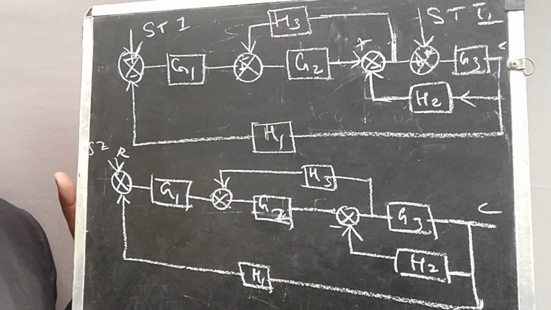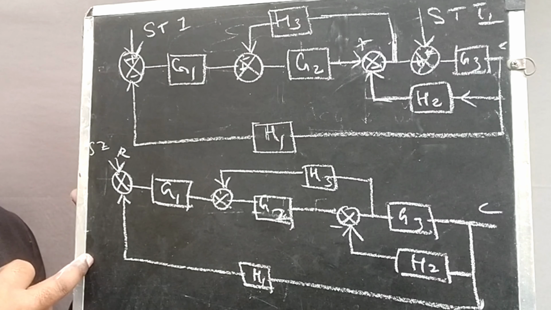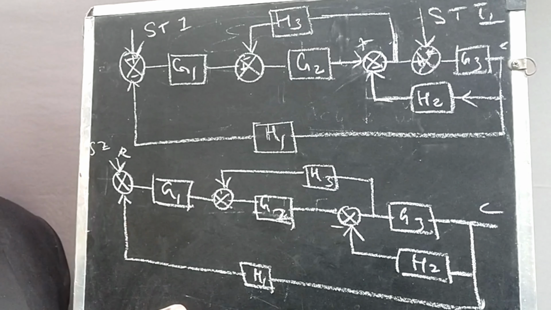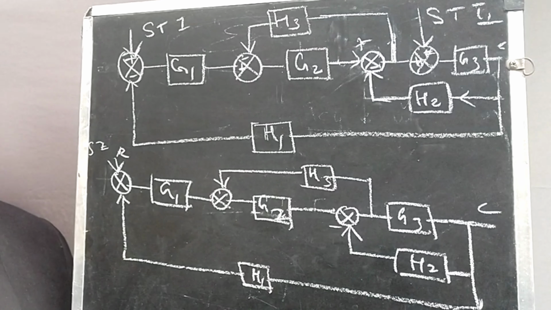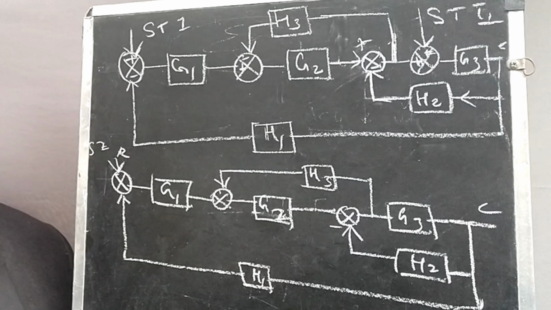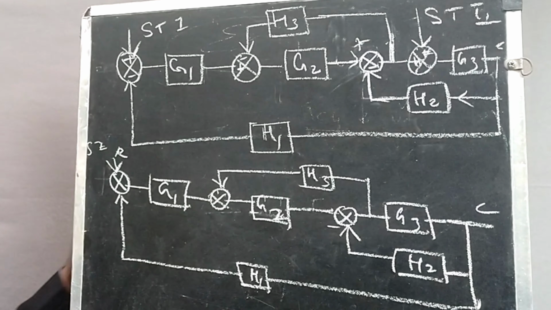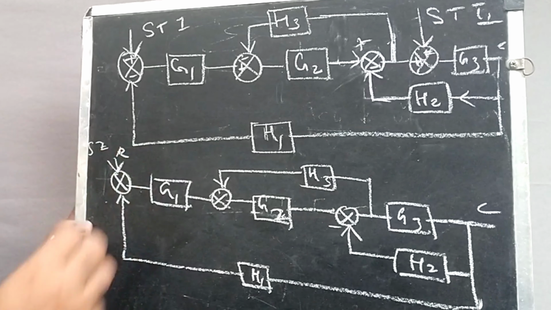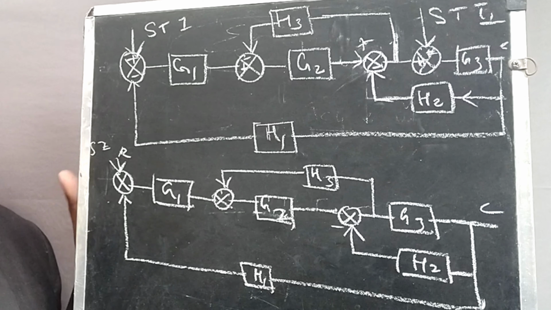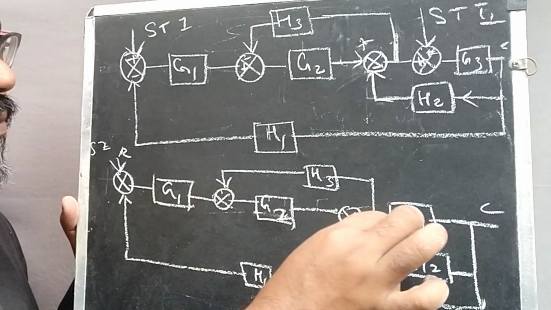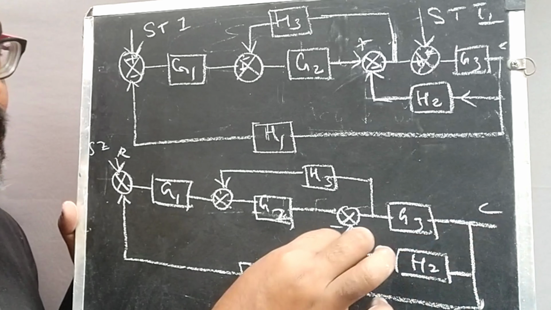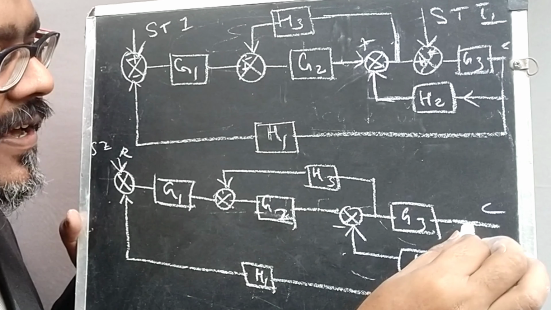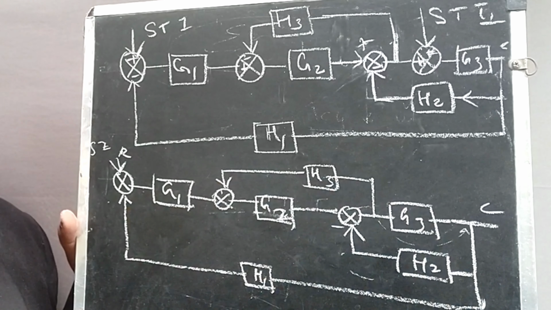Now we already know the first step for this block diagram reduction, because this multi-input system is converted into single input and single output. So what do we need to follow? We always keep remembering: first of all, look whether any feedback path is there or not. Before that, we have only one forward path here, and this is a loop, and this is a loop, and this is a loop. So there is a possibility of framing 3 feedback paths here. This particular path we can convert into a feedback path in a single step. How? We can move this branch point here, then this particular thing is considered as the feedback path.